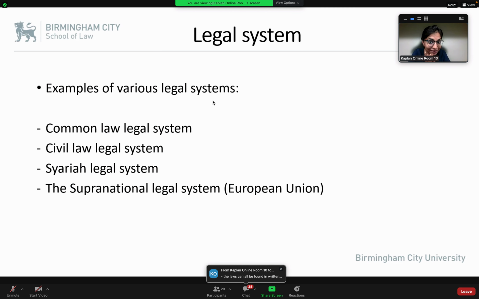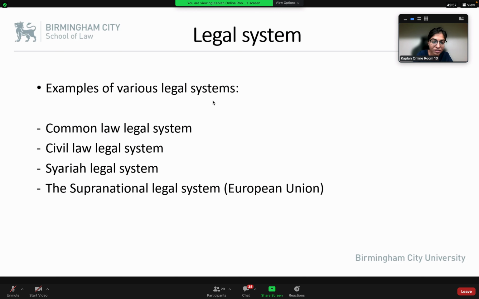Because in the common law system, when judges make law, you cannot find it in statutes, right? Correct? In common law system, some of the laws are made by Parliament, some of the laws are made by judges. So when it's a combination, there's no proper clarity, not so structured like civil law. Civil law is super structured. Okay? Countries like Japan follow the civil law system. Do you know our neighboring country Indonesia also follows the civil law system? Okay?